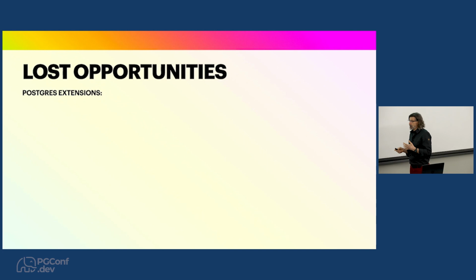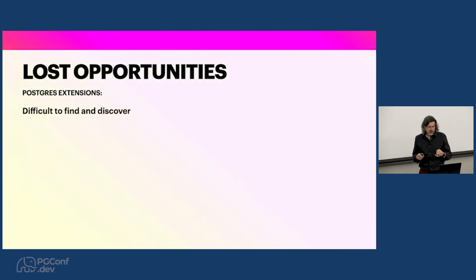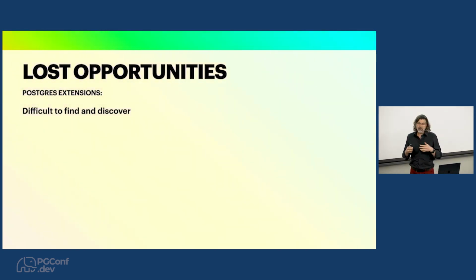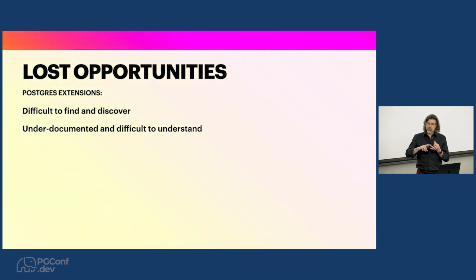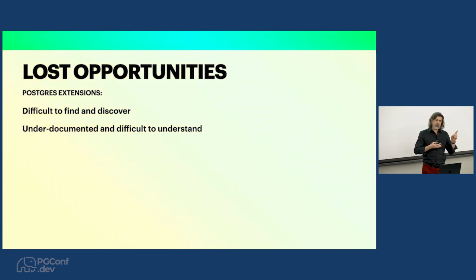Well, I think in the intervening time, there have been some lost opportunities, right? Despite the best intentions of some people, it's difficult to find and discover extensions because there is no one place to go. If you're interested in extensions, you have to know A, you're interested in extensions, B, what you're interested in, C, where to look, which includes PGXN, GitHub, Trunk, PGXMan, DB.dev, the apt and community apt and Yum repositories, GitLab, Bitbucket, you name it, right? It's just all over the place.